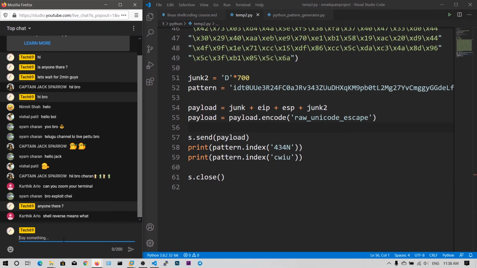Okay, reverse shell means we send the code to the victim machine and we keep listening on our own machine, and the victim connects back to us. That is reverse. If we connect to the victim, it's called a bind shell. If the victim connects to us, it's reverse, because the victim is going to connect to our server. That's why it's called a reverse shell.